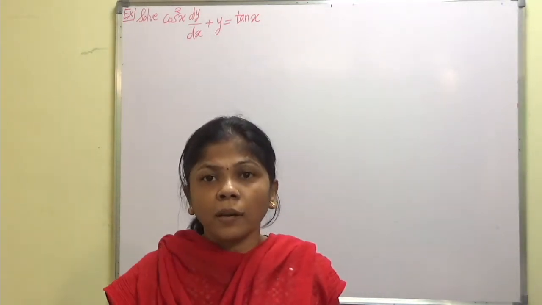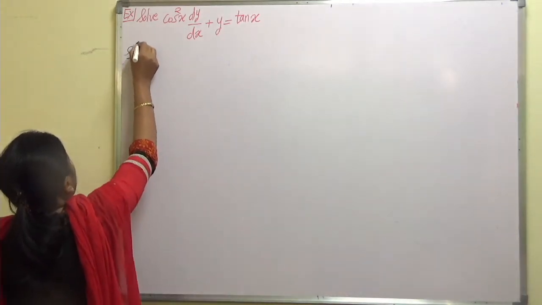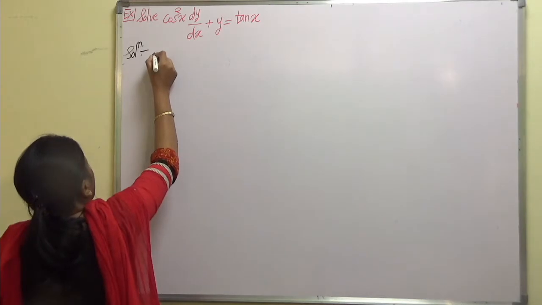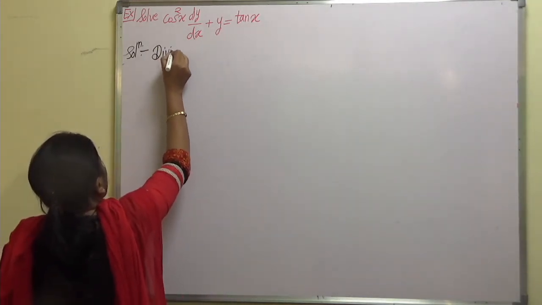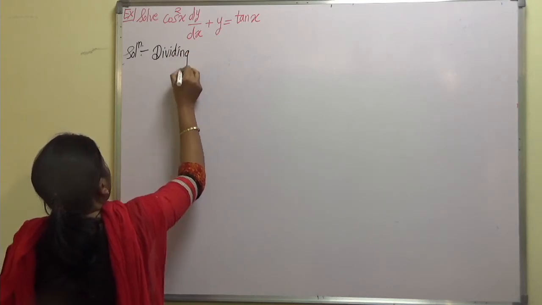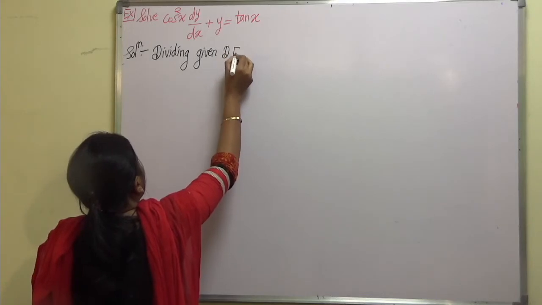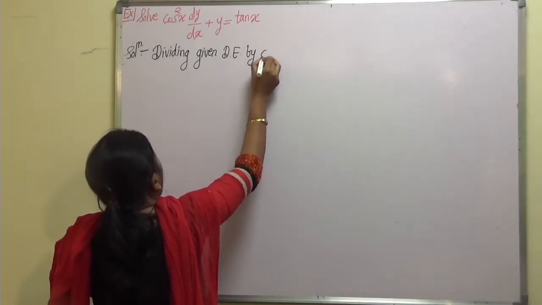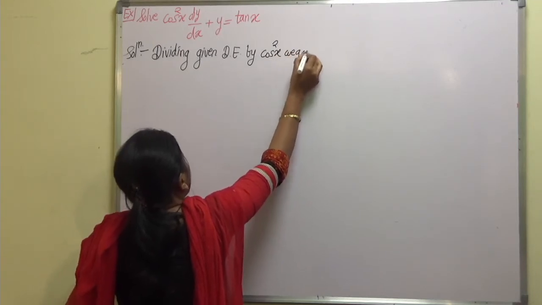So solution: dividing the given differential equation by cos square x, we get